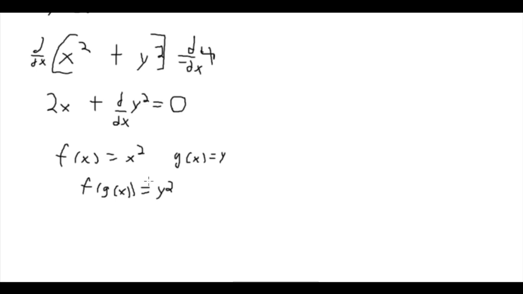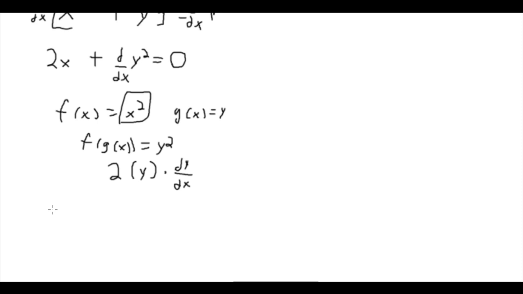But since we treat y squared as this composite function, its derivative is going to be f prime of g of x times g prime of x. So we know f prime of x will be 2x, because we're just taking the derivative of this. So if we have 2 times g of x, well, g of x is simply y, times g prime of x. Well, what's the derivative with respect to x of y? Well, that's dy dx. So we can say that the derivative of y squared with respect to x will be 2y times dy dx. So in that case, we would say this derivative for the circle is 2x plus 2y dy dx